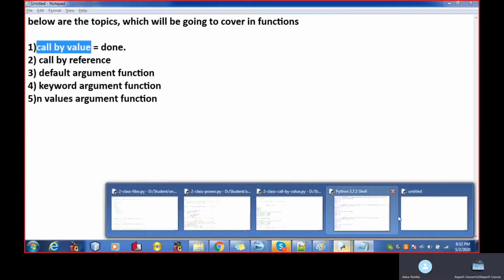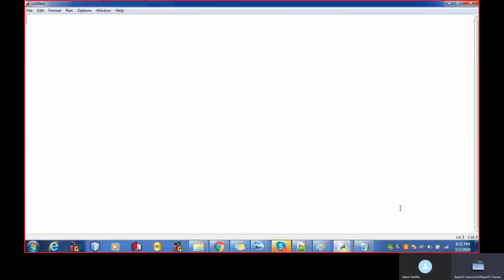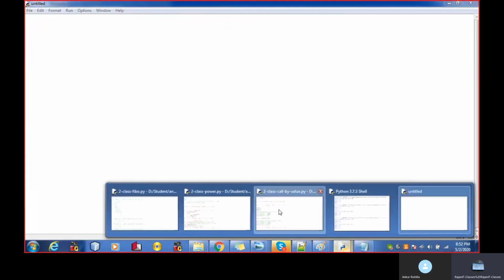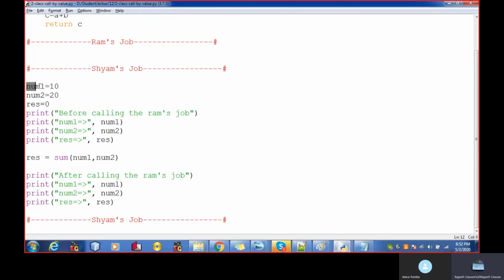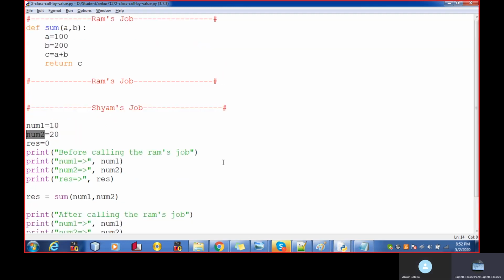If you see this program, this num1 is a normal variable, right? Your normal variable is using which concept? Call by value, right? But your array variable is using which concept? Call by reference.